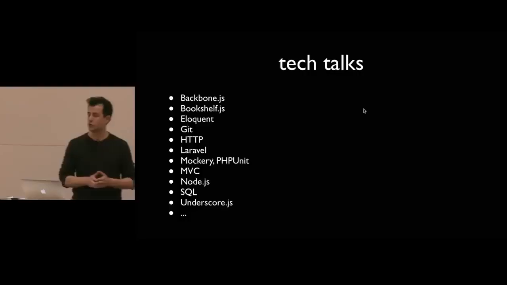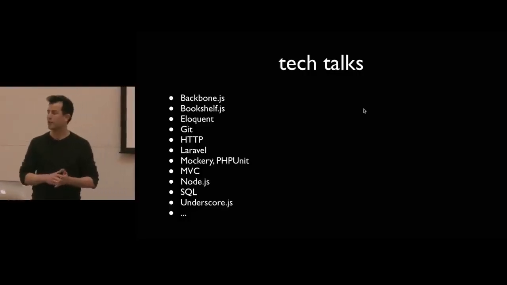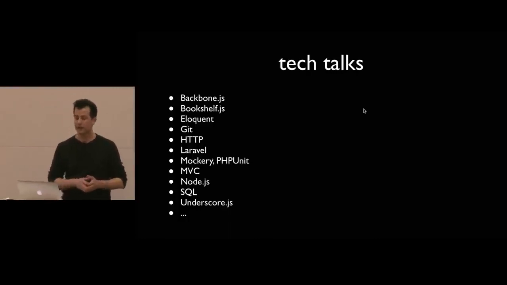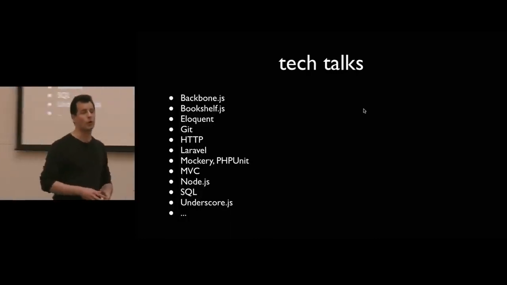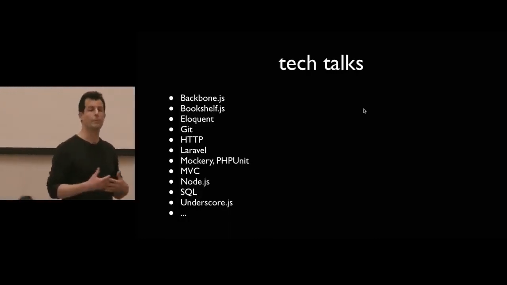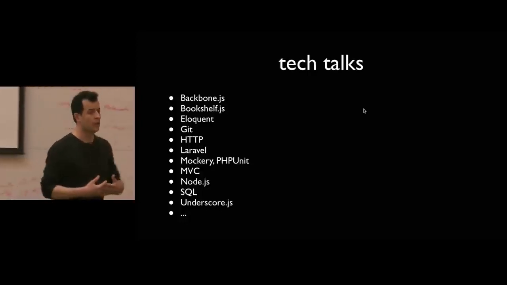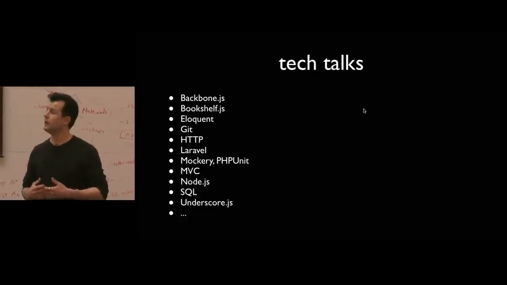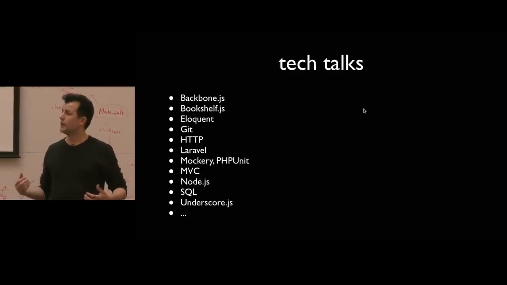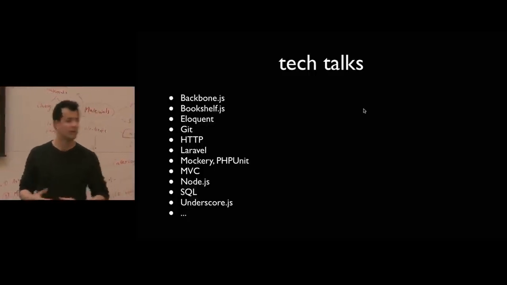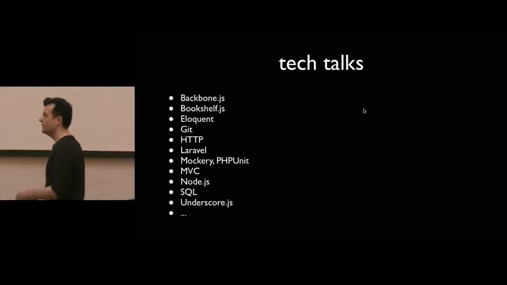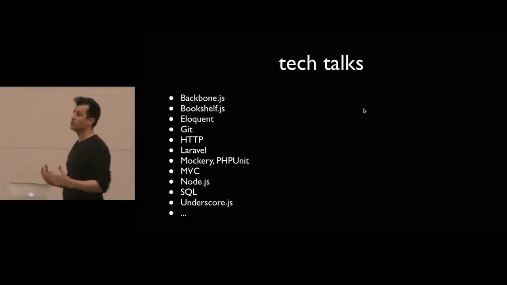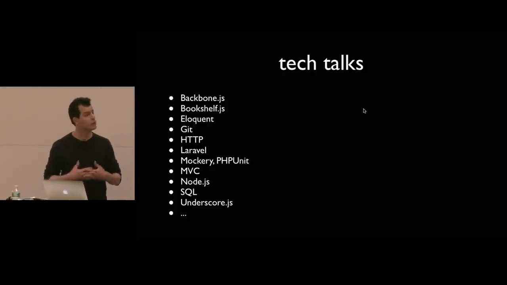Some popular JavaScript libraries, for instance, are Backbone.js and Bookshelf.js and Express.js. These are all tools with which you can make web-based applications using JavaScript. Not on the client side, though, but on the server side, using a framework called Node.js, which is an alternative to using something like Apache or Microsoft IIS or other web server software. So we'll actually write in the class JavaScript code, both on the client side as well as on